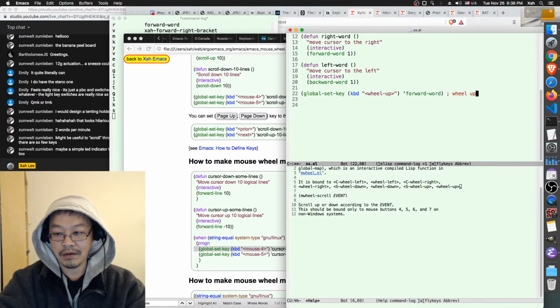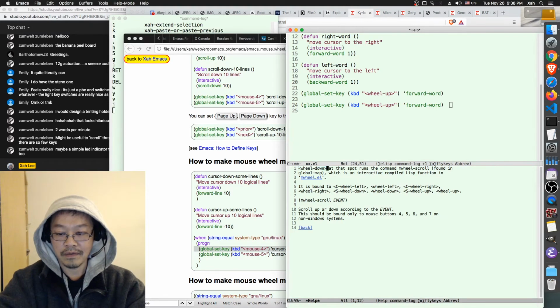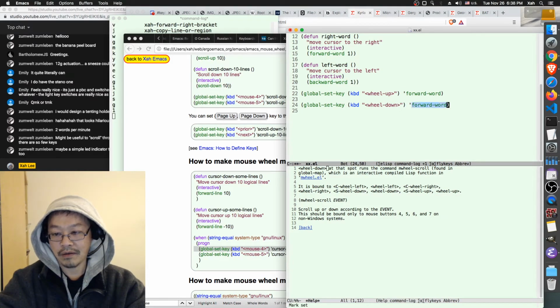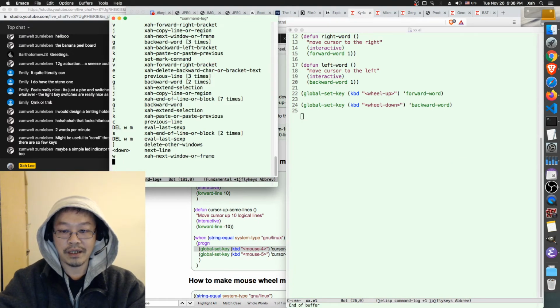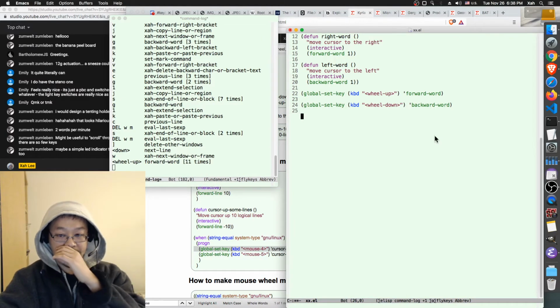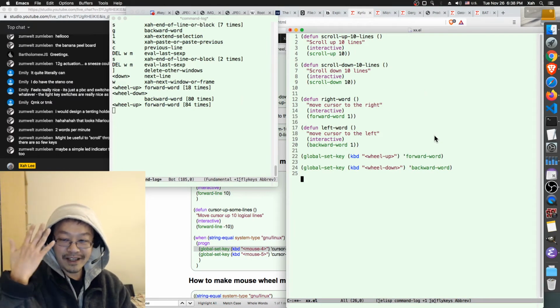Okay, then wheel down, let's describe char. Wheel down is backward word. Okay, evaluate it, evaluate it. Now we are good to go. Now let's look at my wheel. You see, it's fantastic. Now, especially because